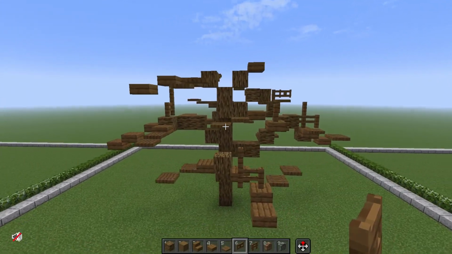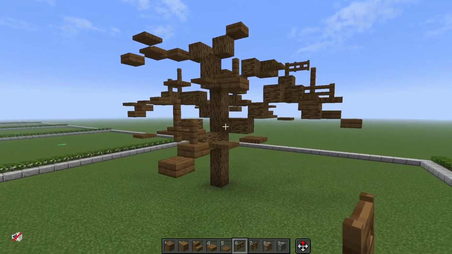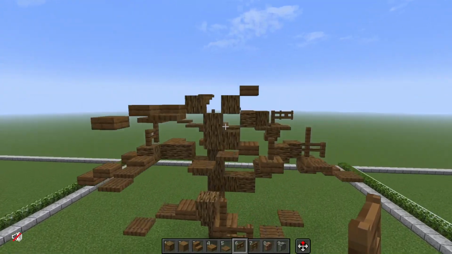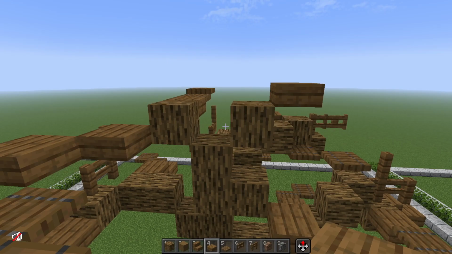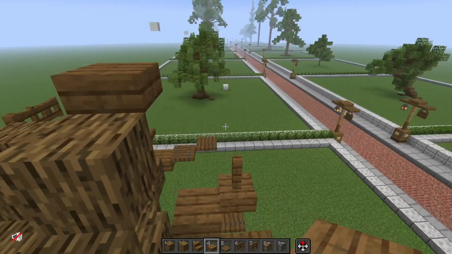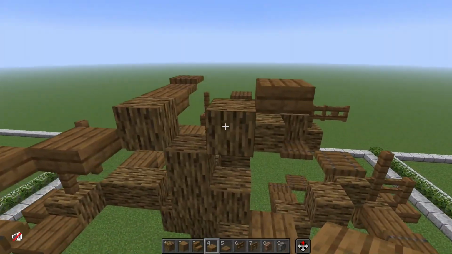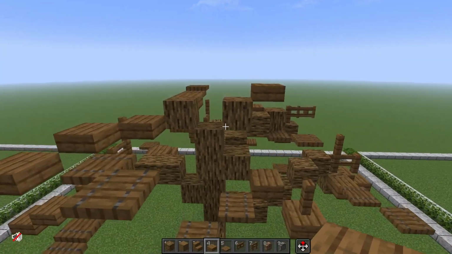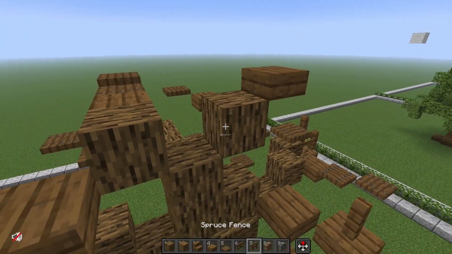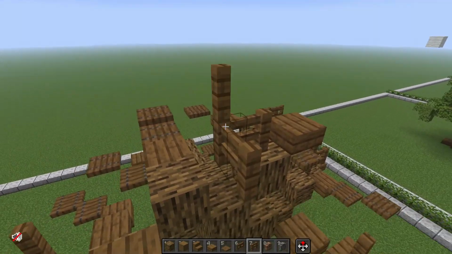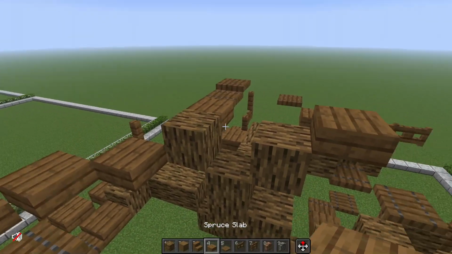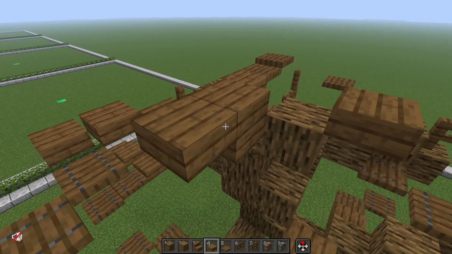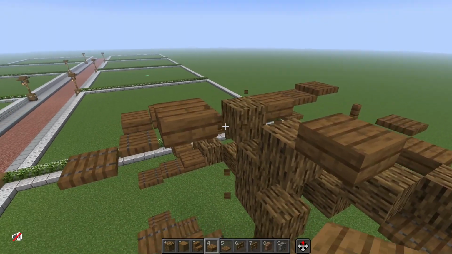Alright, so I think that's enough, because it can be a bit overwhelming with all these things poking up. Now for the top up here, which is honestly the part that I am still struggling with so much. I'm very bad at building the top of the trees. But sometimes I use spruce fence gates and just go crazy like this. Other times I kind of wait to the end, but this time I'm gonna just put in very small branches